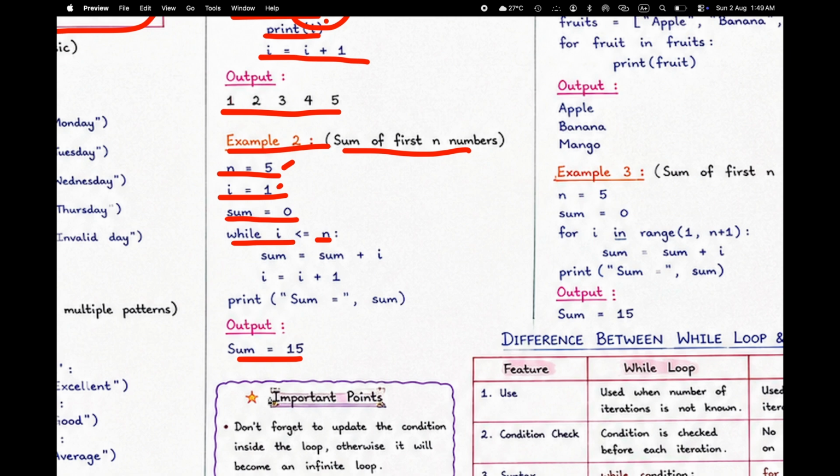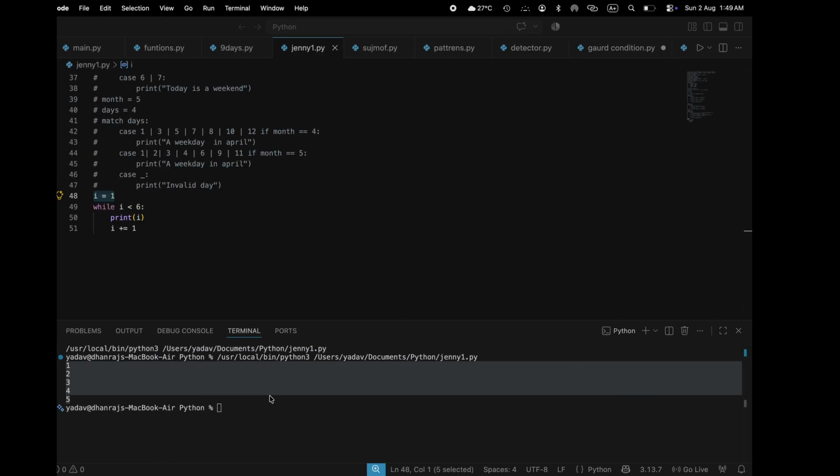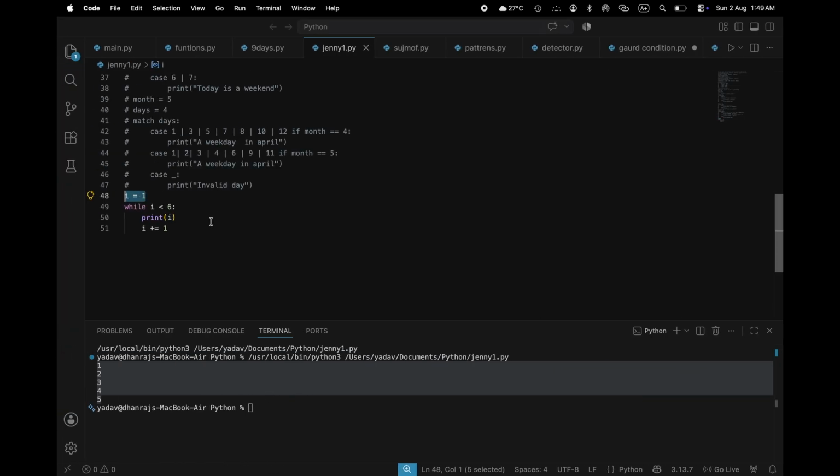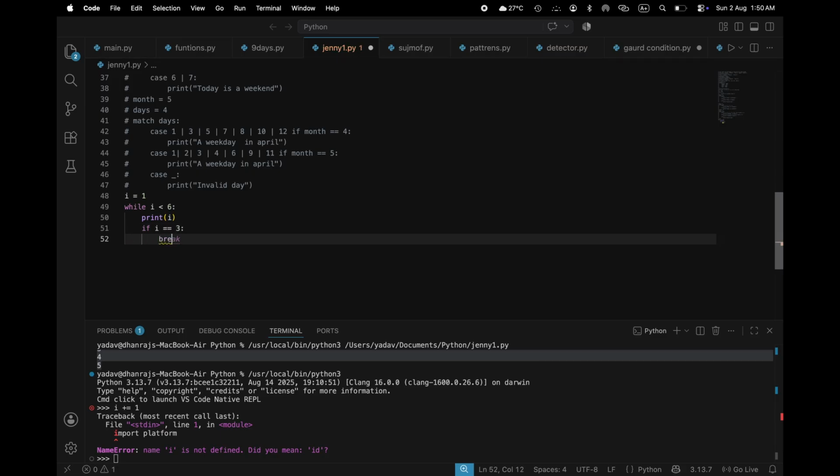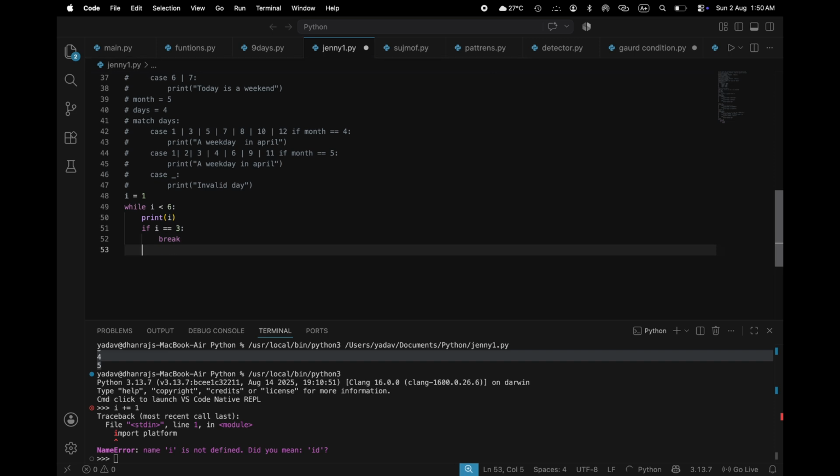For example, if I write there: if I equal to 3, then break, I plus equal to 1. If I run this,